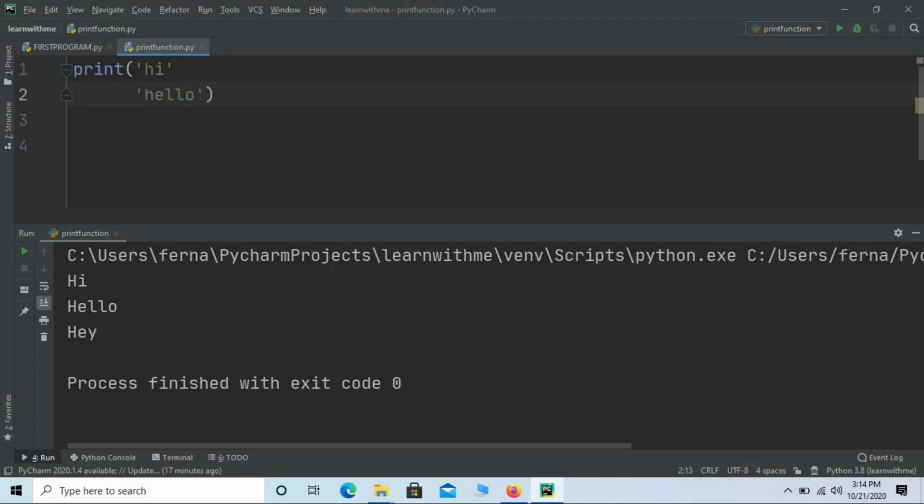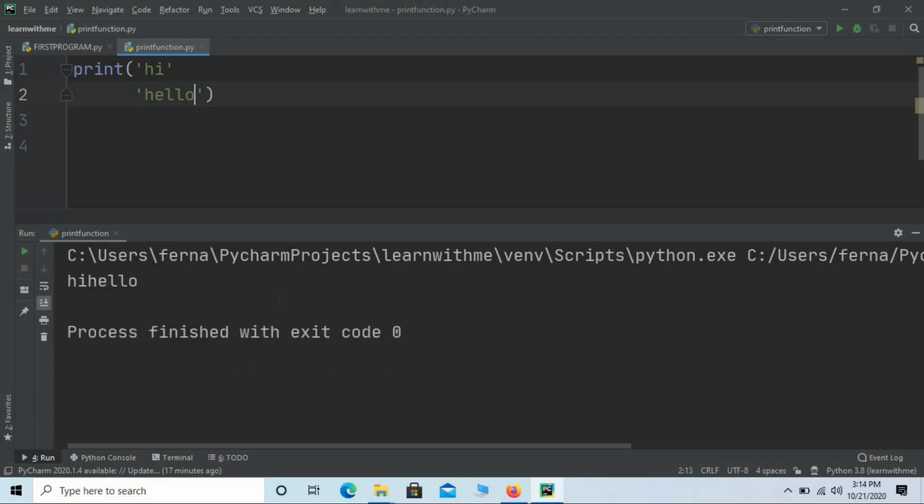Let me save the program and then rerun. So what happened here? It is actually giving me hi and hello both in the same line. Actually, I have typed it in two different lines, but in my output, I'm getting it in the same line.